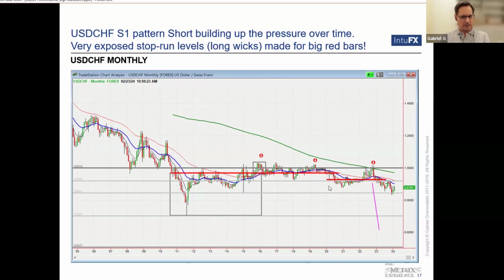This is another S1 actually on a weekly chart. So it's building more and more energy. It's like a compressed spring. And if the compression goes away, you know what the spring does? It expands, and it will expand something like this, even more, because more and more pressure is built. So we should see more Swiss strength over the next couple of years. The time horizon here is like 3-4 years.